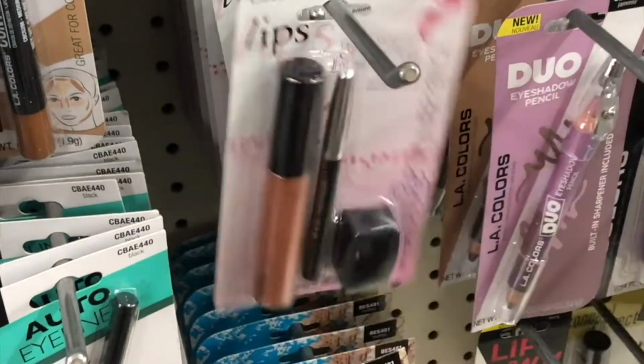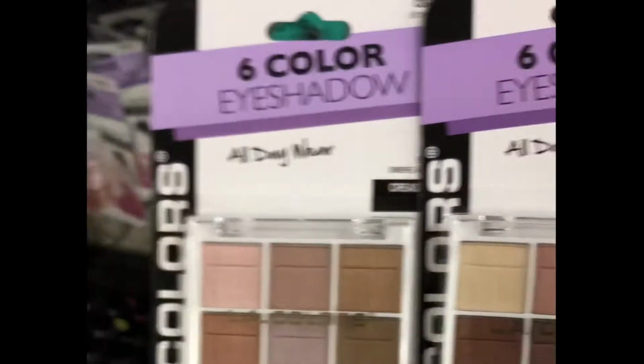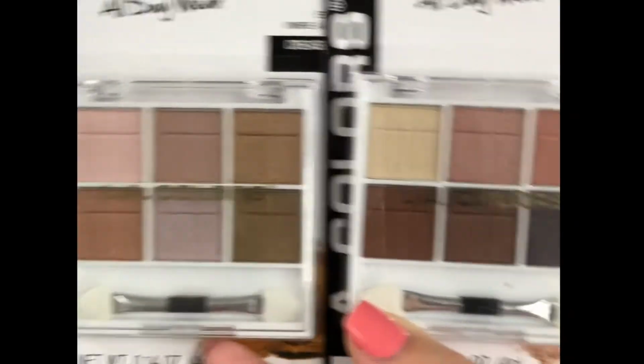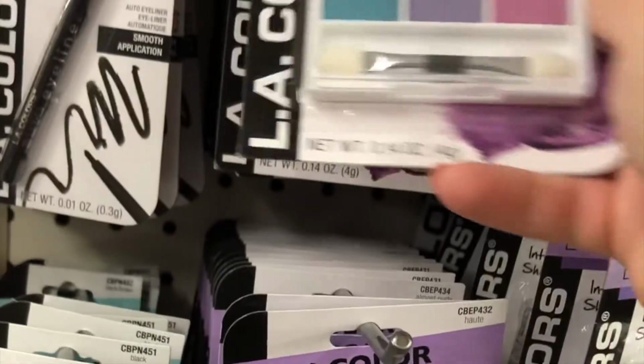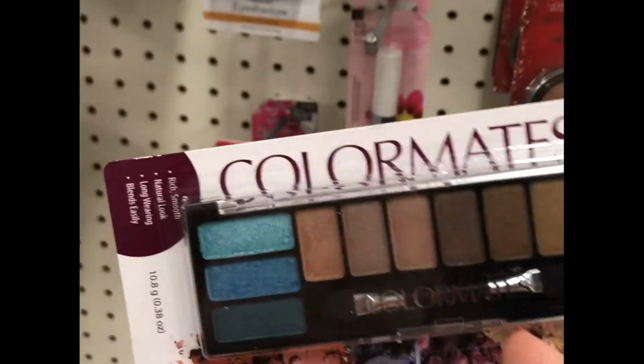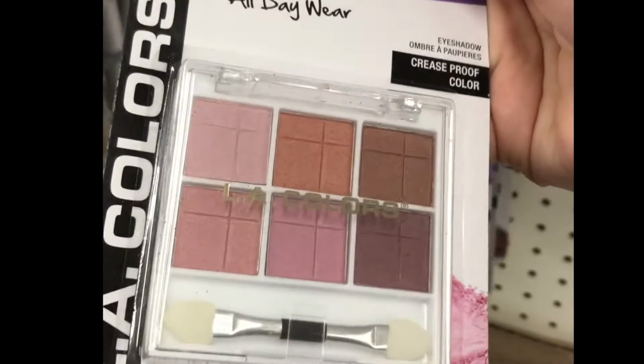Okay. Here's a whole little lip kit. That's neat. Okay, so we've got these 6 color eyeshadow kits, and they have tons of colors. Look at this one. Wow. Here's another eyeshadow from Color Mates. Look at all the eyeshadow you get. Okay, so I think I'm going to get this one from LA Colors because it's all the blush tones that